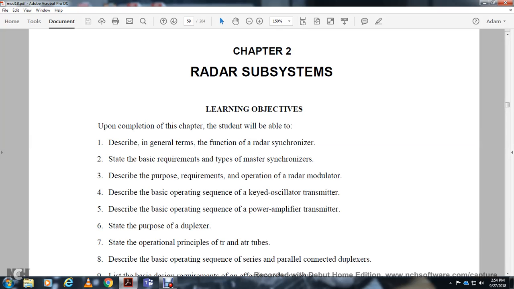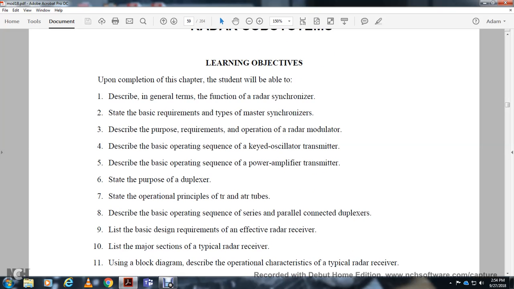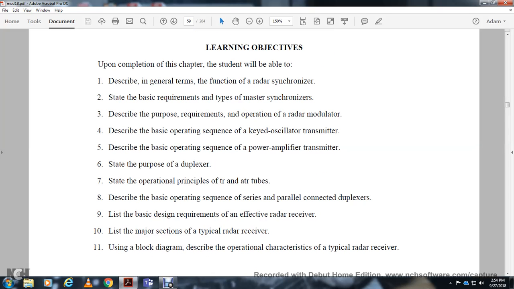Alright, Chapter 2, Radar Subsystems. Upon completion of this chapter, the student will be able to describe the general function of the radar synchronizer, describe the purpose and requirements of operation of the radar modulator, describe the basic operation of the keyed oscillator transmitter, describe the basic operating sequence of the power amplifier transmitter, state the purpose of the duplexer, and state the operating principle of the TR and ATR attributes,